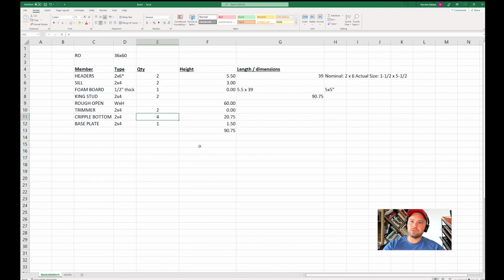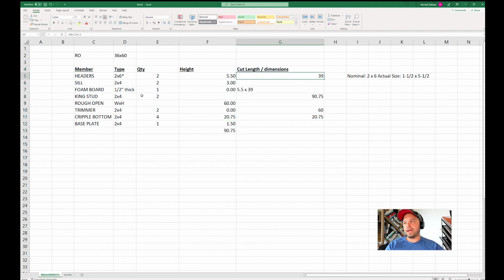All right. So let's go back to our window model. Granted, I could do all this on paper. I could do this much faster, but for me, I like Excel. So now my cutting lengths. I know my nominal is there. I know my king stud is going to be cut to 90. There's nothing to cut here, okay? My trimmer I'm cutting to the length of the window, okay? My cripple bottom, we already know,